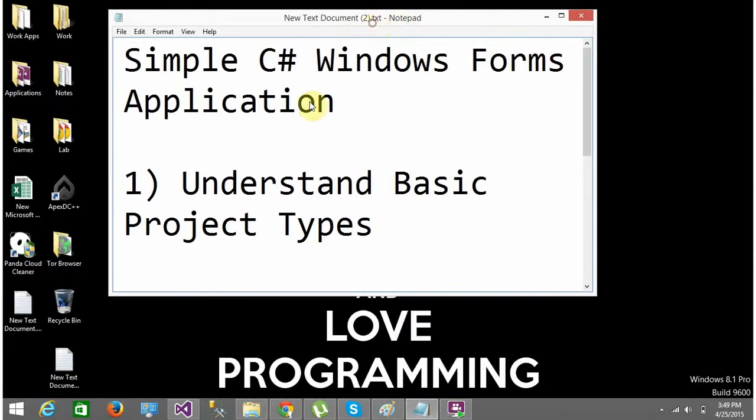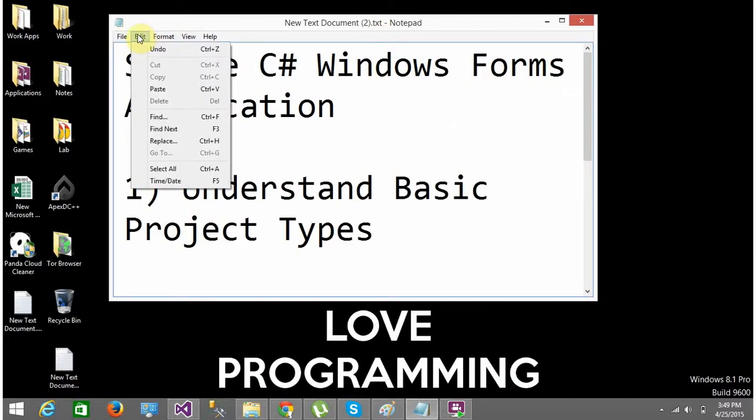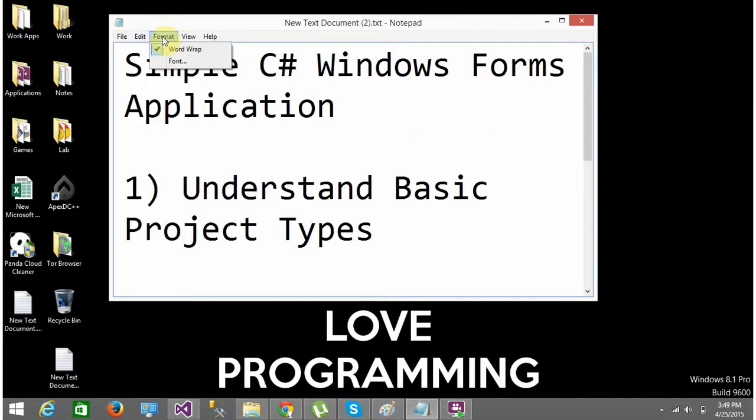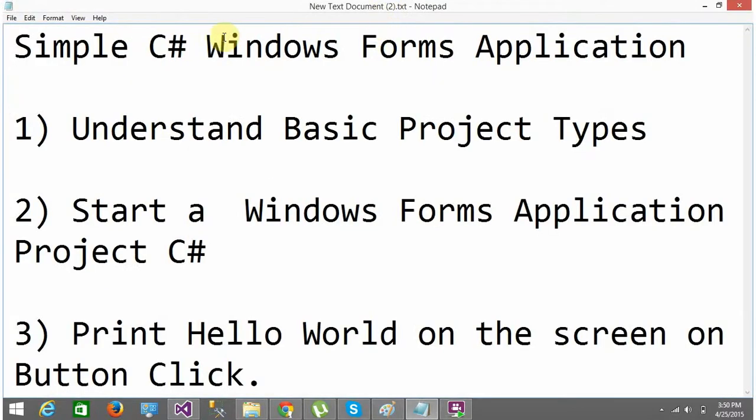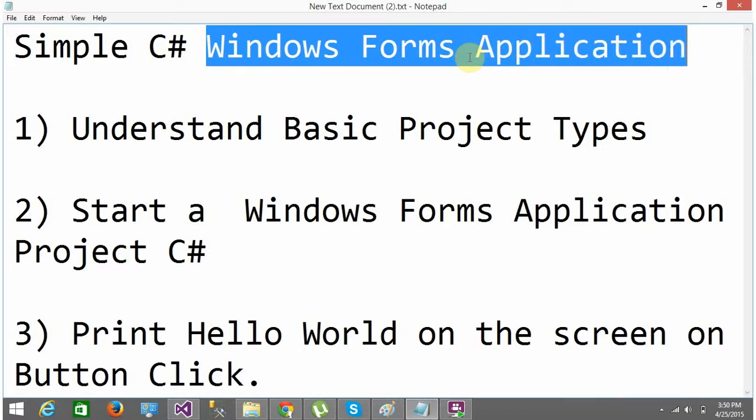See, right now I'm interacting with this graphical user interface. When I click File, something happens. When I click on Edit, something happens. Again, I click on Format, something comes on, right? So this is a graphical user interface. It has these buttons out here that I can use, minimize. So this has a rich graphical user interface. So a Windows Forms application is an application in which you will already have a rich graphical interface which you can manipulate according to the application that you're trying to develop, right?